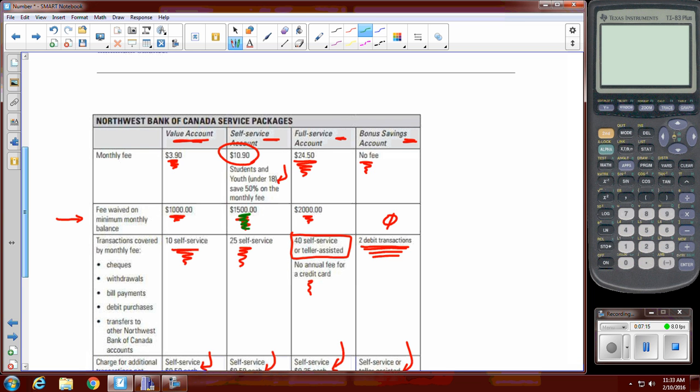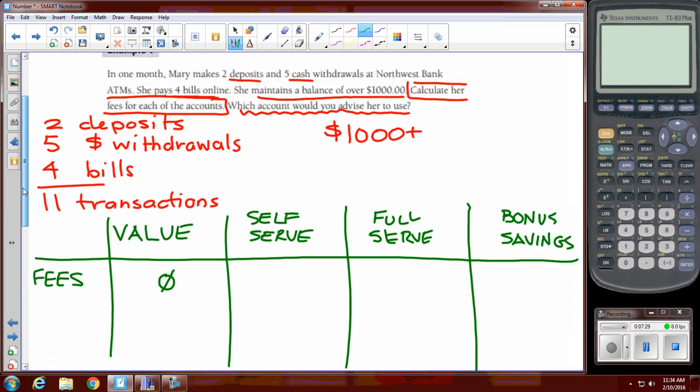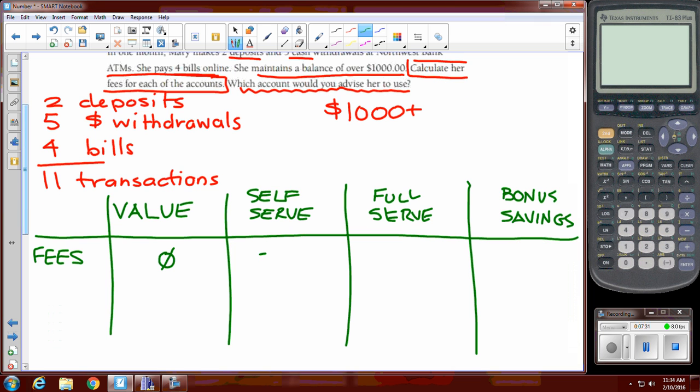If she doesn't, they'll charge her $10.90. And if she's under 18, they're going to charge her half that fee. So definitely they're going to charge her a fee because she's only keeping $1,000 in that account. And in the question, it doesn't say that she's a student. So she's going to have to pay the $10.90 a month because she goes under